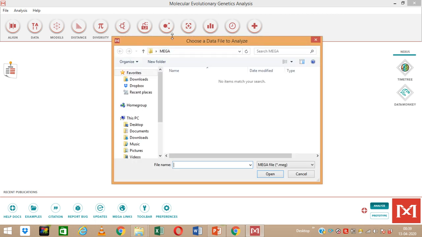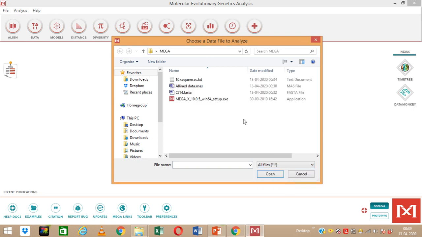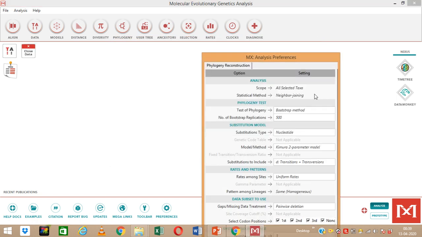Okay, now again I have to select the aligned file. However, right now it is not visible. So what I have to do is, again I need to select this file attached to all. Now see, this is available, visible. Now which file I have to select is the aligned data file, which we created in the previous step. So I am selecting this, open, so it will open over here.